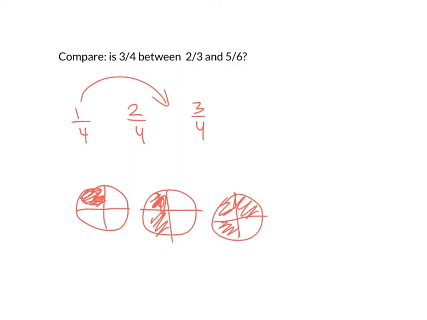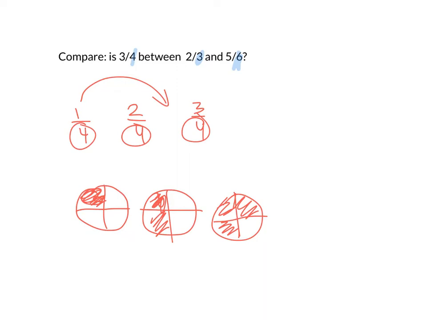What makes it easy to see this is that all of the denominators are the same. So in other words, if you have a pizza, all of the slices are the same size, so it's easier for comparison. In the situation above, the denominators are not the same. You have 4, 3, and 6. So in order to make it easy to compare, we have to convert it so that they all have a